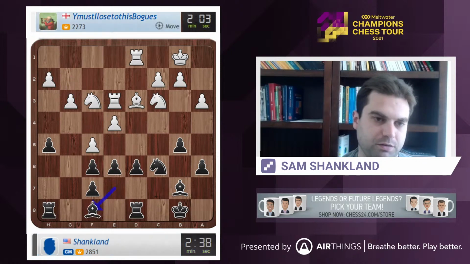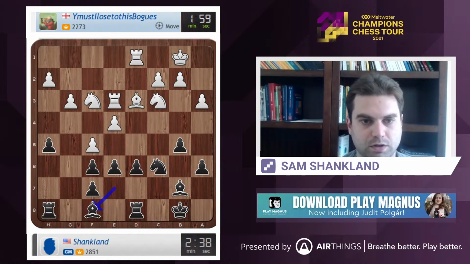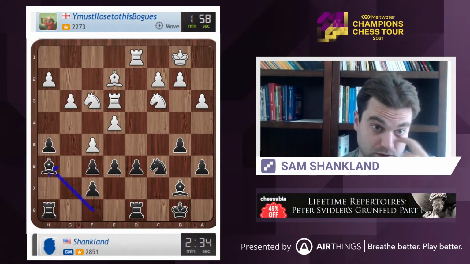Yeah, it's a little bit greedy, but I think I can start by bringing the bishop to h6, where it should be a very good square. And here it's just such a difficult position for white. So let's go bishop h6, and now...